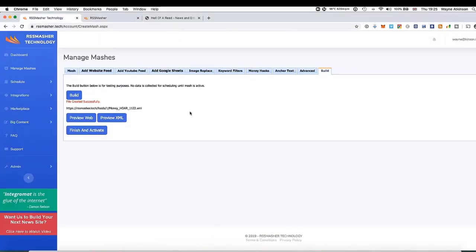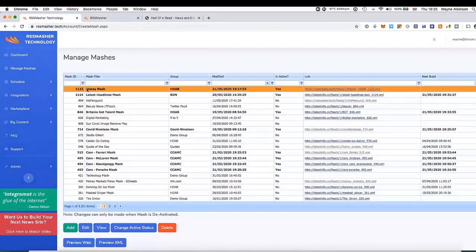What's really key here is that all those articles will be stored in the database so that we can then schedule them to wherever we want them to go. And when you're happy, finish and activate. What that does, you'll notice that my MASH is bold, it's now active, and it's ready for the system to take over. So you've heard us say, set it and forget it. We've now put the rules in, the system will take over, keep looking for you periodically, keep rebuilding, keep finding you new articles. So what we need to do is build a schedule so that we can then put those